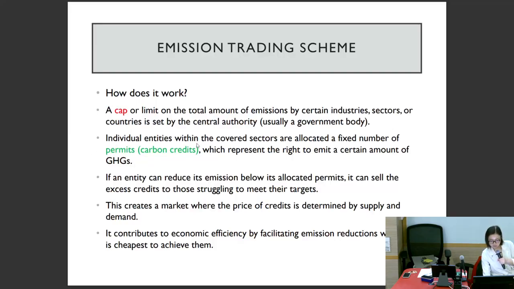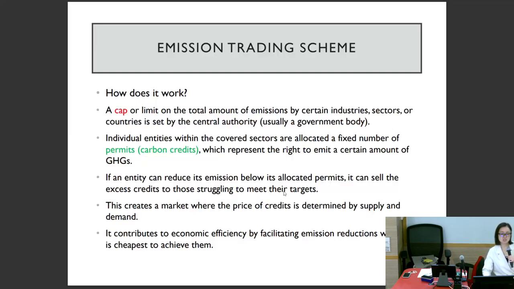So individuals and entities within the covered sectors are allocated a fixed number of permits, or credits, which represent the right to emit a certain amount of greenhouse gas. If an entity can reduce its emissions below its allocated permits, maybe because that company has a very good method or very high potential to reduce emissions, then they can sell these extra credits to the market,